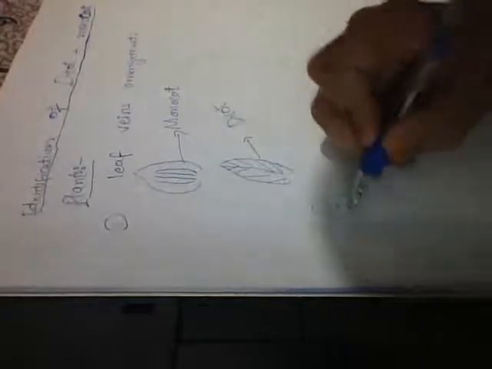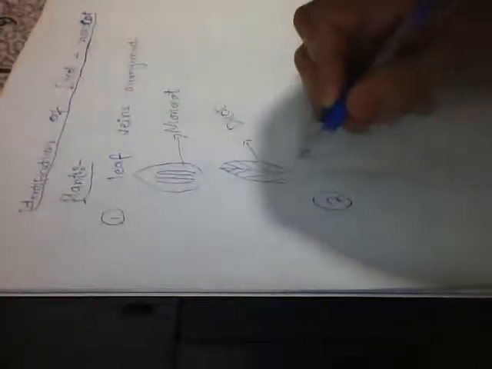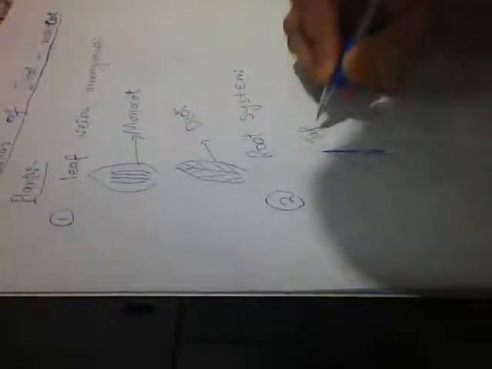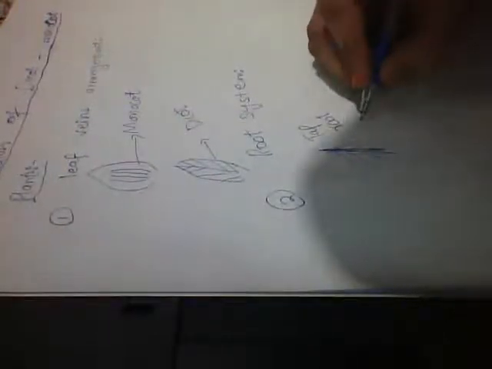So the second characteristic is on the basis of the root system. The root system also tells us whether the plant is a monocot or dicot. For example, if any plant has a taproot system, meaning the roots are arranged in that manner, understand, that is a taproot system, then it belongs to the dicots. If any plant has branches, meaning a fibrous root system, with continuous branches forming a bundle